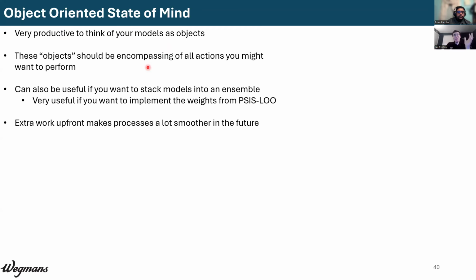But as we're thinking about it, these objects should encompass all the actions you might want to perform on your model, right? They should have a data method, probably. They should be able to do something with fitting. They should be able to do something with predicting, whatever, right? But it lives underneath this model object. And because they are encapsulated in this very well thought out system that you've produced,